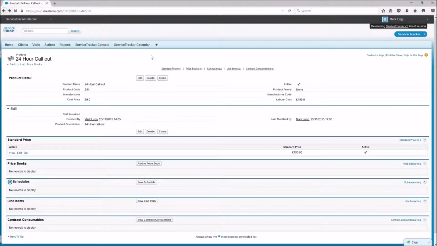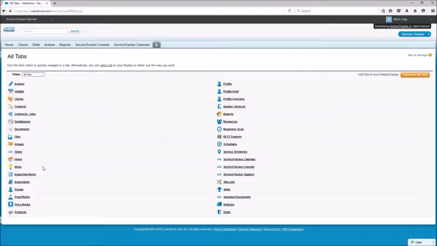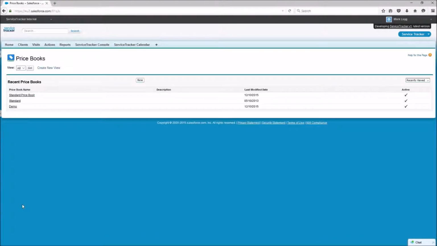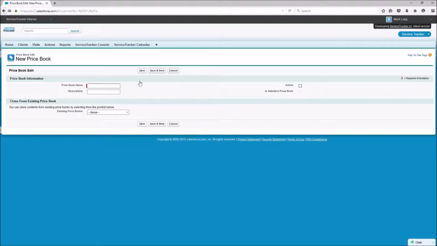We're now going to go and create the Pricebook, so we need to go and access the Pricebook section. So go to all tabs, find Pricebook, okay, and we're going to create a new price book. So we already have a standard price book that's been created on the system. So now we're going to create a new price book, and the price book that I want to create, because I want to show you how it could interact with the types of products that we've got, we're going to create a price book called